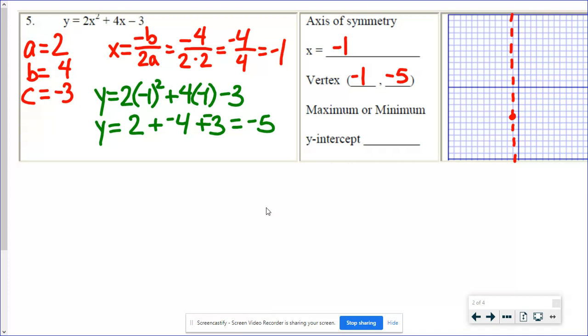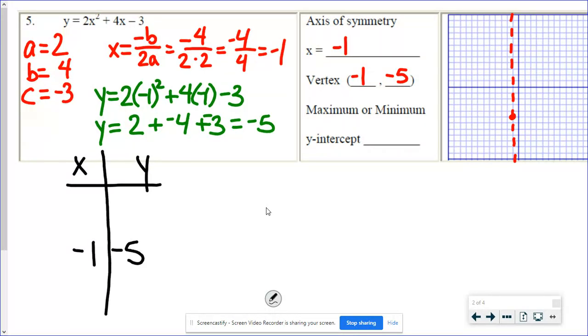And now I make my table of values. Remember that vertex, that's going to be our middle point in our table. So I would want -1, -5 right here. Smaller numbers than -1 would be -2 and -3. Bigger is going to be 0 and 1. Notice, remember, we're trying to keep it symmetrical. We want to have the same number of numbers on each side, and we should find that symmetry as we're